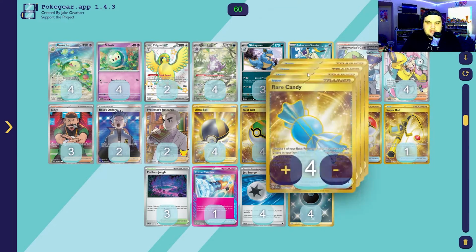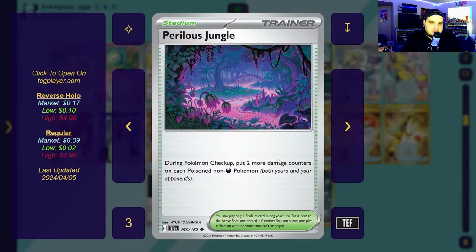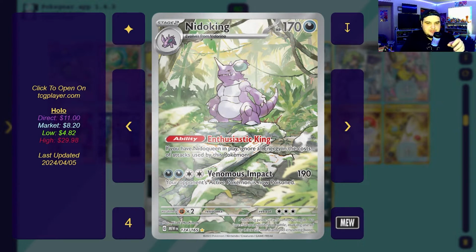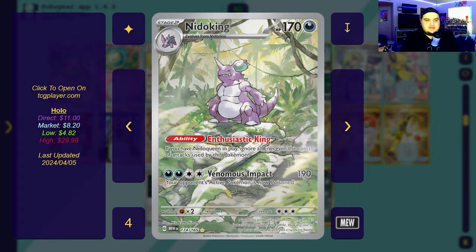And then we are playing Radiant Sneasler, which will bump it up by an additional 20. And then we are playing Perilous Jungle as well to give us an additional 20. Which means that for 0 energies, we can actually do 240 damage going into the opponent's turn. And then if that same Pokemon is stuck in the active, it'll be 290 coming back into our turn. Which is enough to KO, you know, V-stars and other big bulky stage 1s, and then